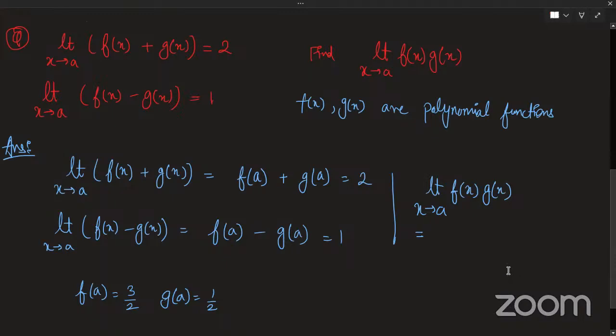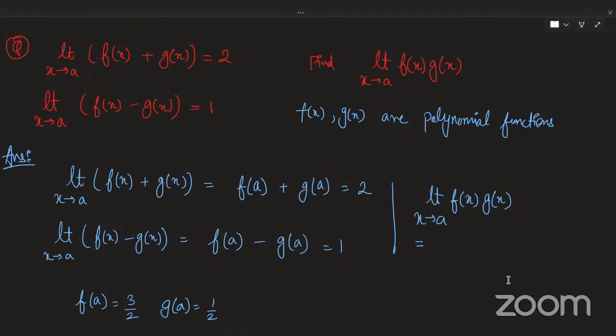Can you think? Multiplies. See, if I have f of a into g of a, the product will also be a polynomial, right? Yes, sir. So it will be